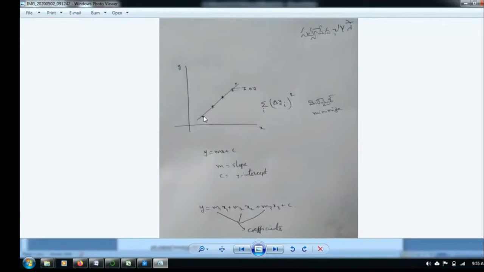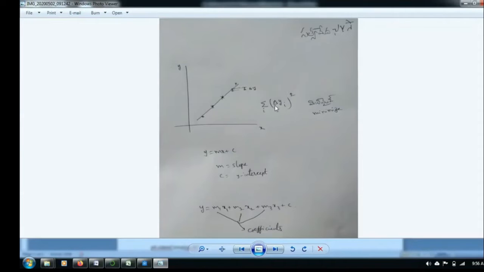For example, if the actual data point is below the straight line, let us call that delta y positive. If that is the scenario, then for this particular data point which is above the straight line, the delta y should be treated as negative. So there will be some delta y's which are negative, say here, and there will be some delta y's which are positive, and there will be some delta y's which will be 0.